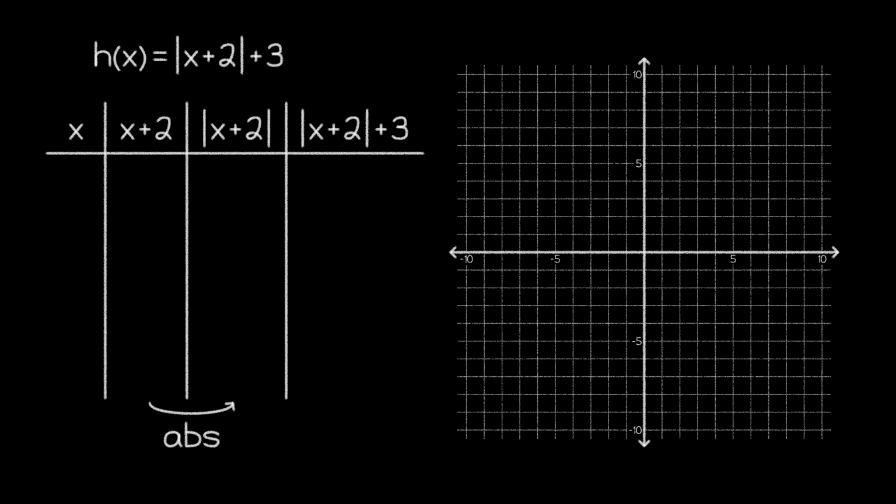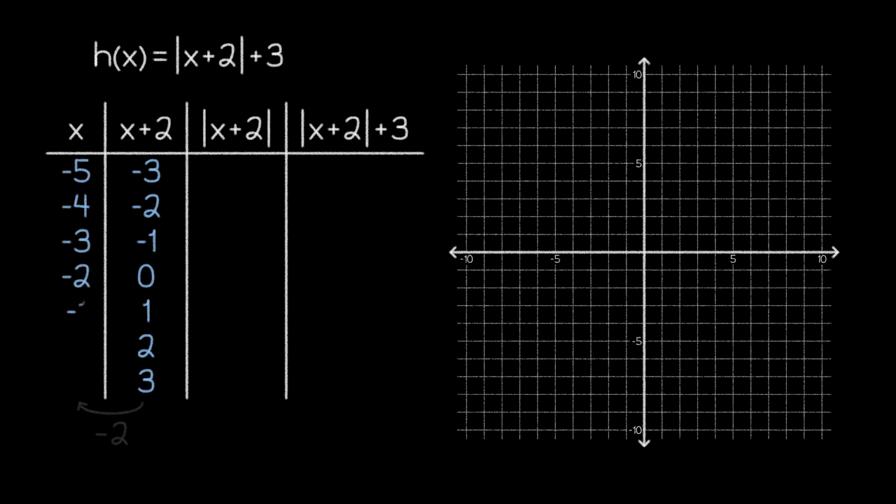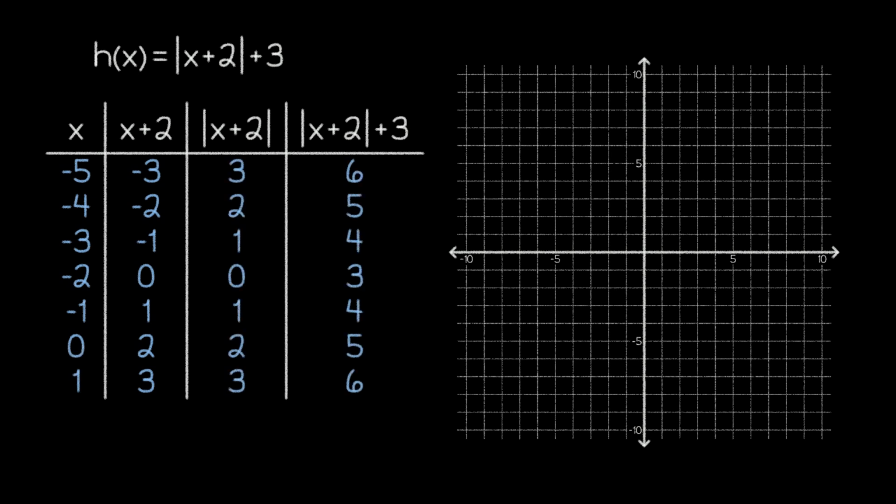Then, we want to place our 7 key values in the column just before we take the absolute value, which is here. This means that we have to work our way backwards to figure out what numbers belong in the first column. Since we're adding 2 as we go from the first column to the second column, if we want to go the other way, we can simply subtract 2 from the values in the second column to get the values that belong in the first column. Once we do this, we can complete the rest of the table, plot our points, and finish our graph.